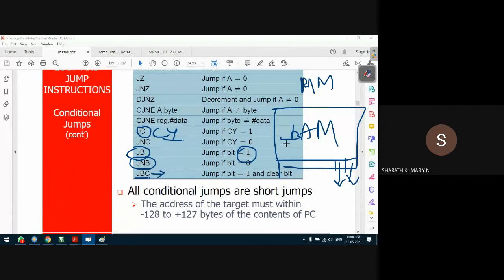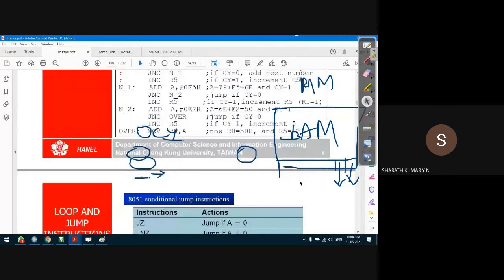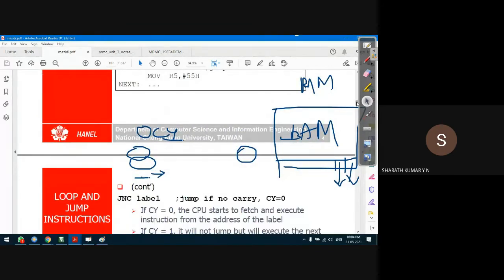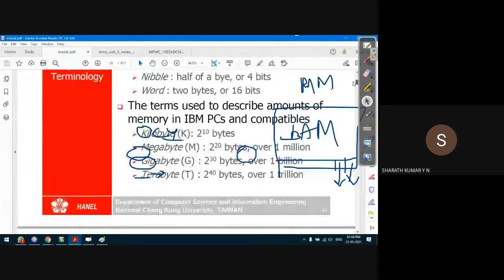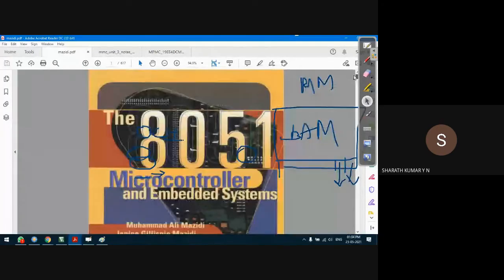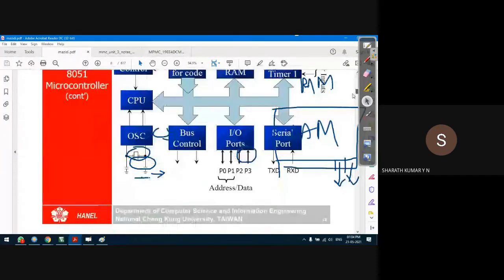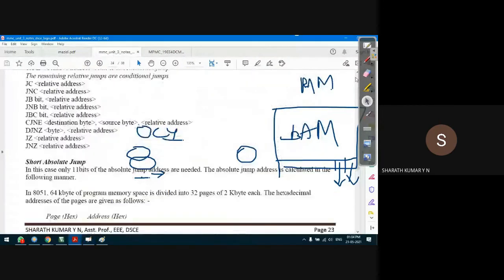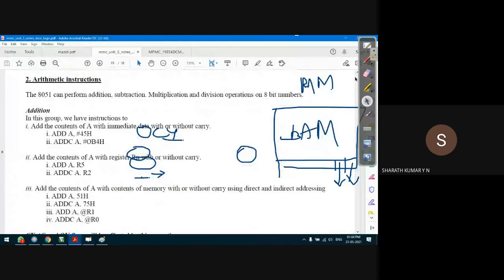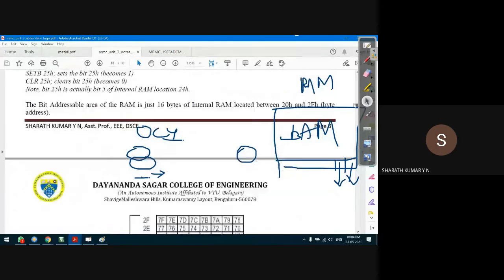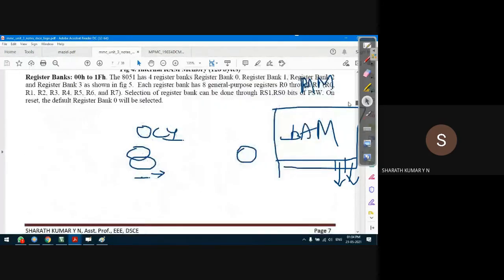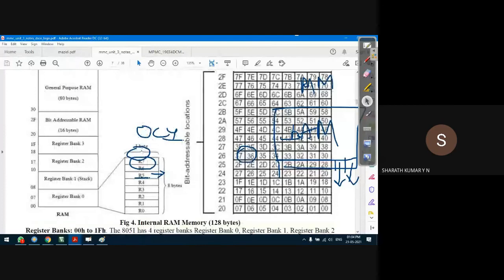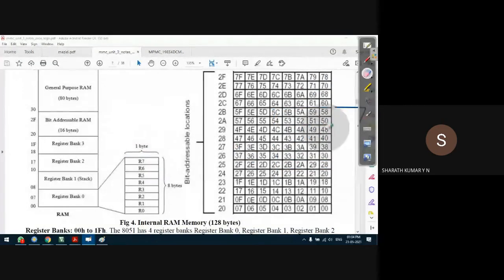For example, let us jump to that memory address, the internal RAM location, so there we will understand this. I need to take a long jump now, to the bit addressable memory. Sorry, not in this document, guys. I'm sorry, it is in this document. Here it's a really long jump, somewhere here.